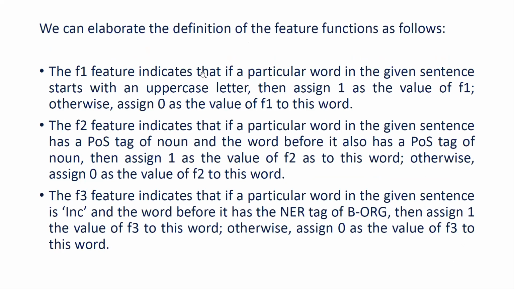So we can elaborate the definition of the feature function as follows. We have already seen those three features on the previous slide, but this is how it looks. Feature one indicates that if a particular word in a given sentence starts with an uppercase letter, then assign 1, otherwise 0. Feature 2 indicates that if a particular word in the given sentence has a POS tag of noun and the word before it also has a POS tag of noun, so both words, whatever I told you in the previous slide, and then again this includes incorporation, the organization name, based on that